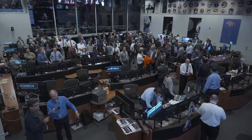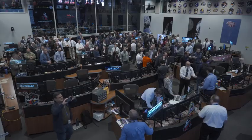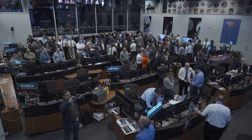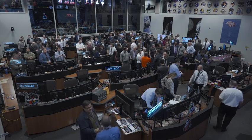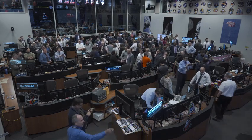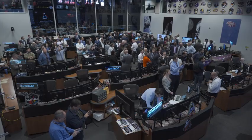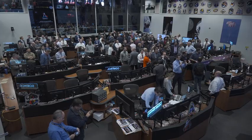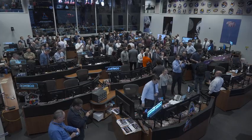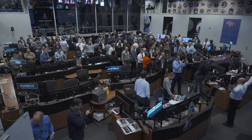Once again here in Mission Control, this view of the Artemis flight control room, known as the White Flight Control Room. This is the old shuttle flight control room, and now is the home of Artemis missions to the moon and beyond. Once again, quite a few flight controllers were invited in by Entry Flight Director Rick Henfling to share in the jubilation following the successful splashdown of Integrity. That splashdown occurring an hour and 22 minutes ago,